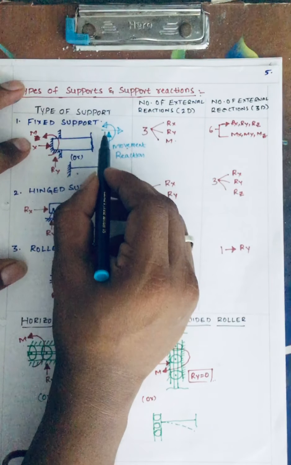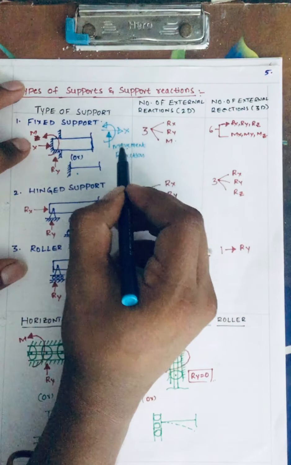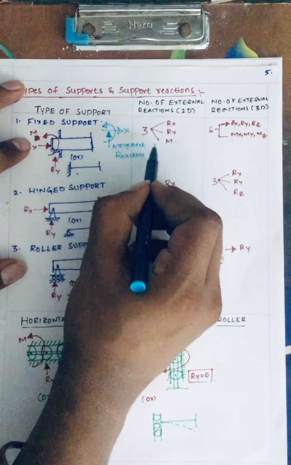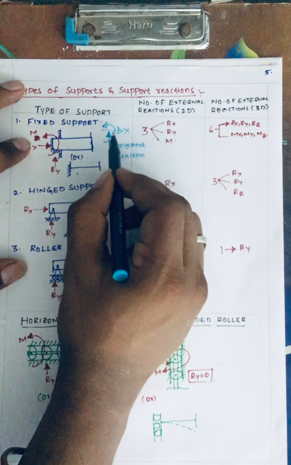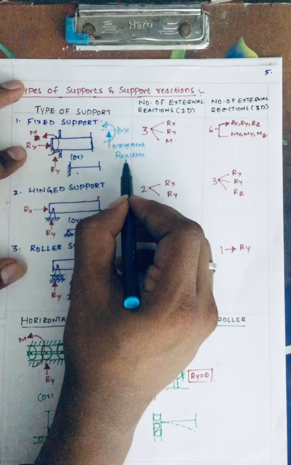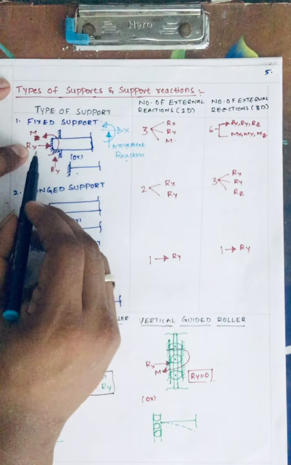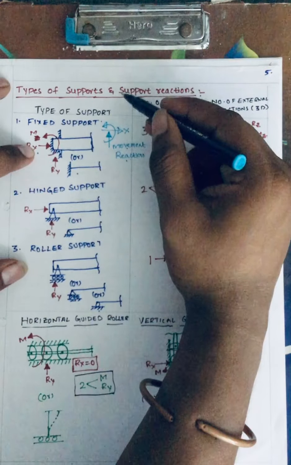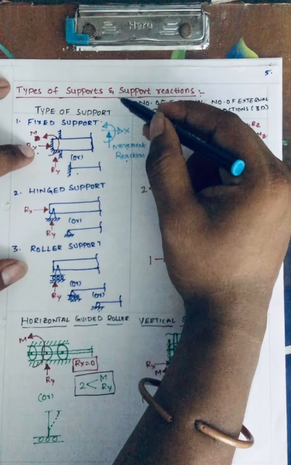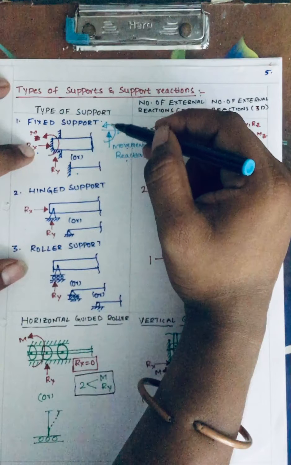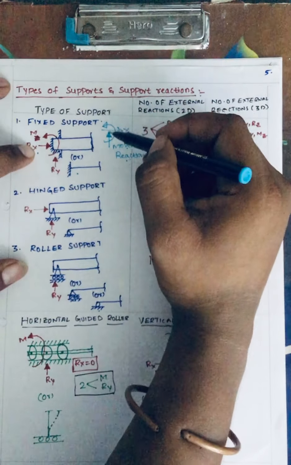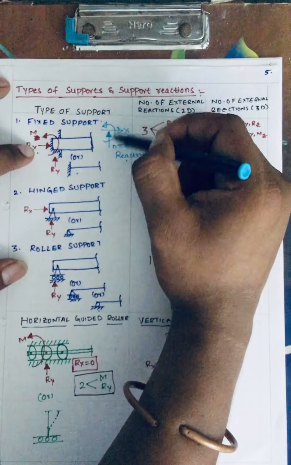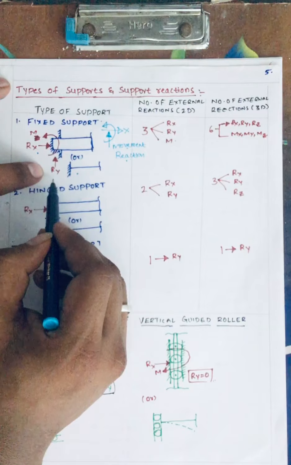Now if this can move in x direction, that means some freedom is there, which is also known as degree of freedom. So it can move along x direction. If I am resisting this movement in x direction, that is called a reaction. So that's why in the fixed support this is called a reaction. Suppose this movement in y direction, if it can move, we can call it a degree of freedom in y direction, otherwise translation in y direction. If something is restricting this translation in y direction, then it is called a reaction in y direction.